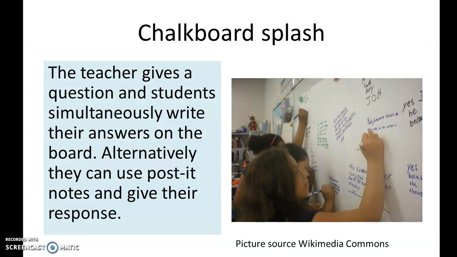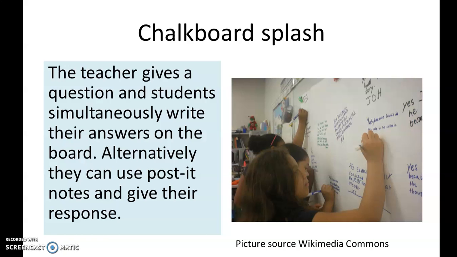A chalkboard splash. A chalkboard splash is when a teacher writes a question on the board or dictates the question orally and students come forward and simultaneously write their answers on the board. Alternatively, you could have chart papers at different positions in your classroom and you can give post-it notes to students where they write their response on a post-it note and stick it